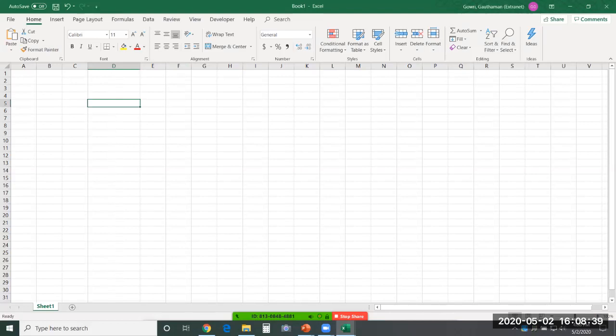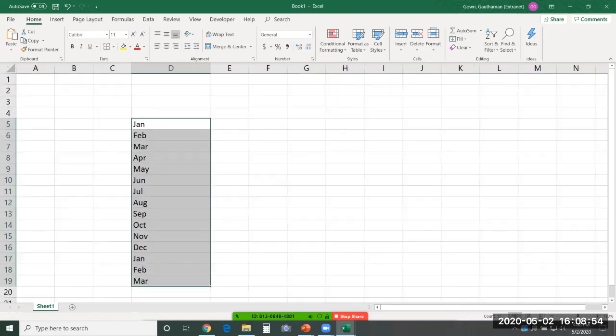Suppose you want to quickly create a list of months. You can just type in the month name and drag it like this. This will populate all the month names within Excel. These are known as auto lists.